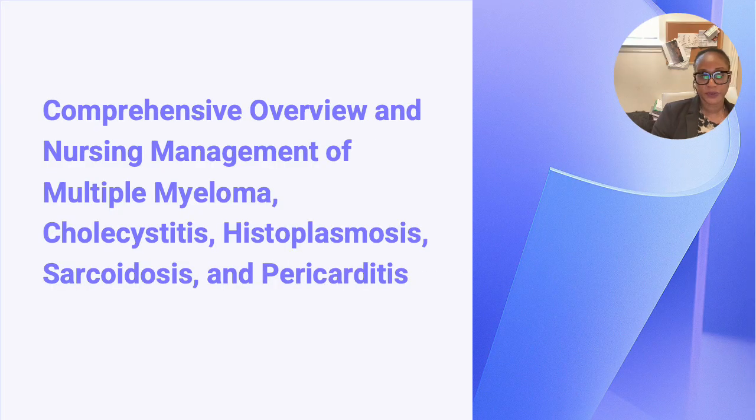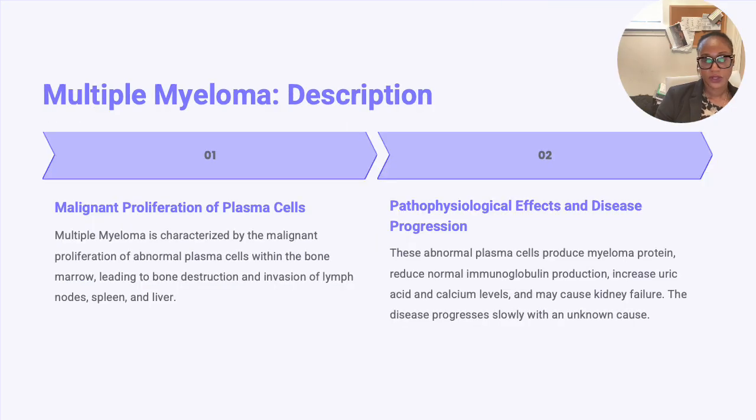And then next we're going to go into phase 2. In phase 2, this is a comprehensive overview and nursing management of multiple myeloma, cholecystitis, histoplasmosis, sarcoidosis, and pericarditis. So multiple myeloma,